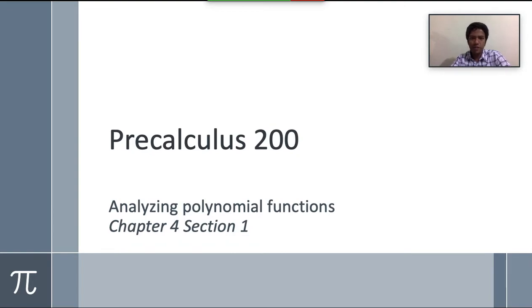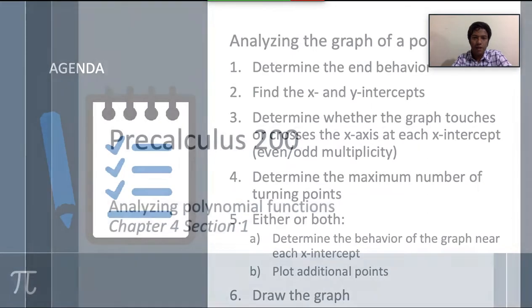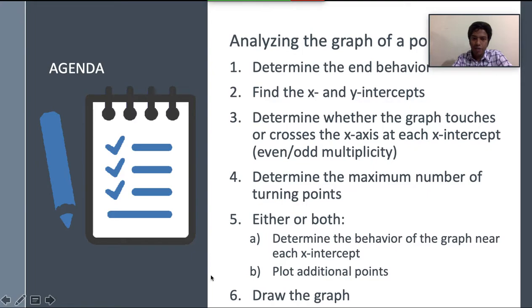So in this lesson we will be analyzing polynomial functions a little bit more, and we'll try to draw the graph. As we said, we have one full class for drawing polynomial functions, so we'll try in this lesson. These are the agenda. It looks like a lot of topics, but basically all of them are actually somewhat interrelated